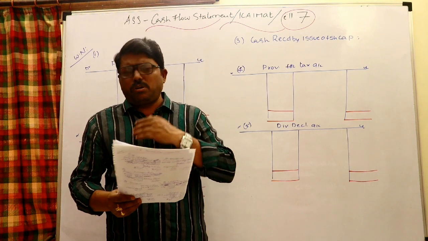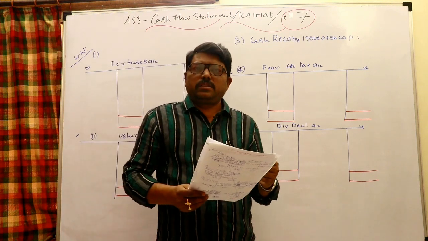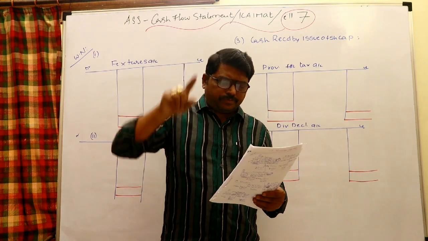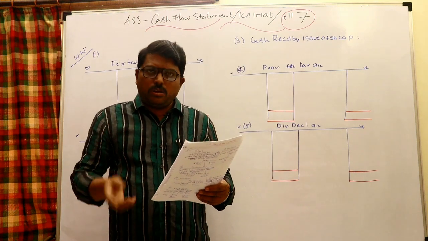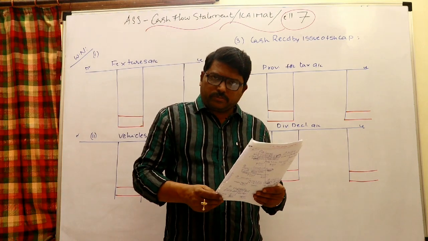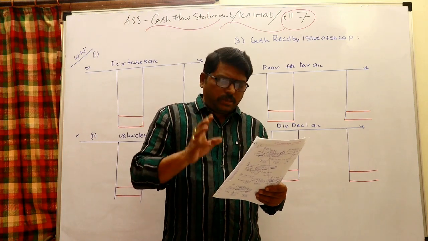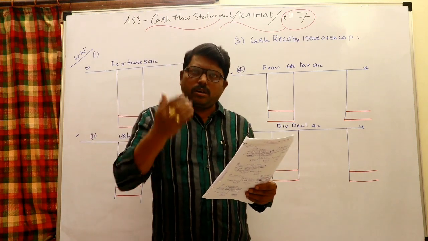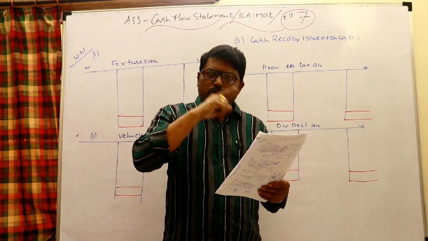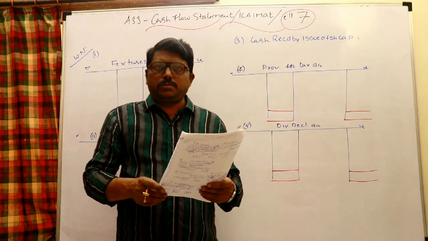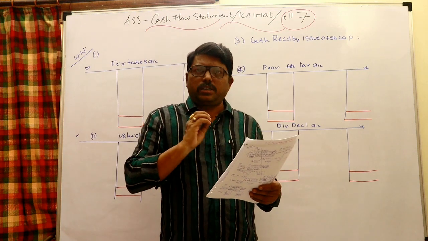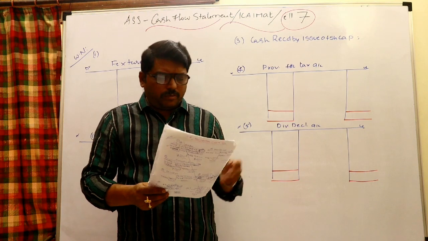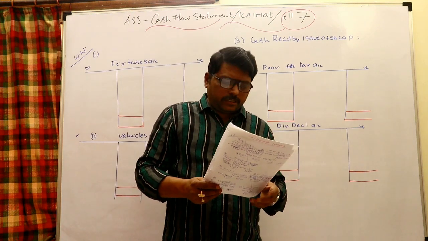No sir, I want to start with profit before tax. If you want to start with profit before tax, obviously provision for tax and dividend, whatever you declared, both need not be adjusted. Because provision for taxation is not deducted, there is nothing to add back; dividend declared also is not deducted, so nothing to add back. Need not adjust both these items. Only tax paid you can deduct from operating activity, dividend paid you can deduct from the financing activity. That's all when you take the profit before tax.